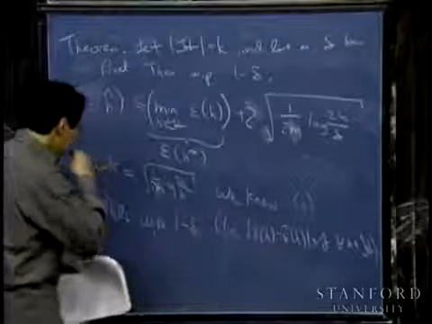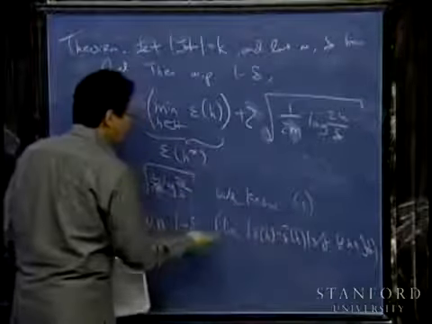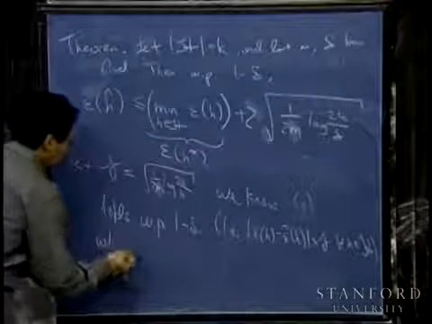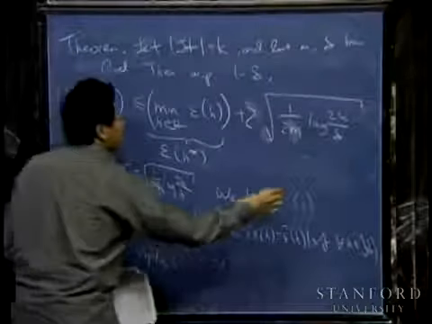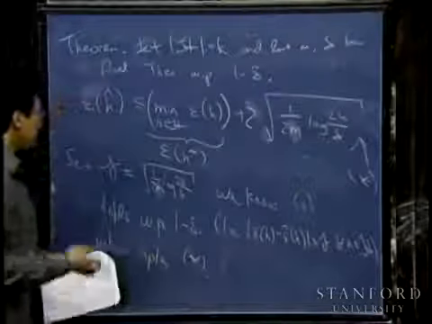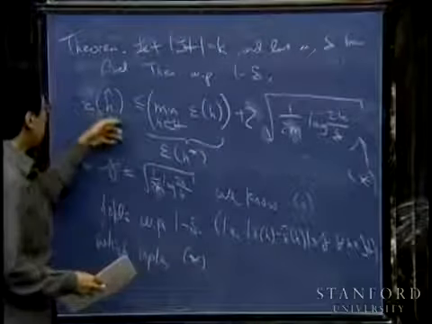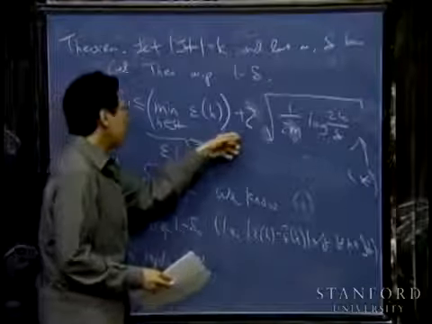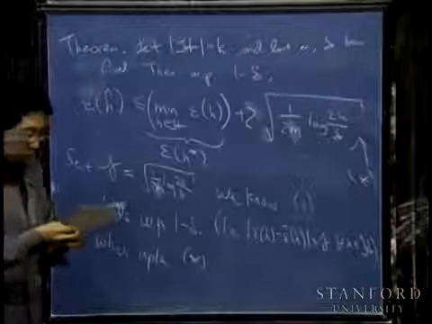This was equation 1 from the previous board, right? So set gamma equal to this. We know that with probability 1 minus delta, this uniform convergence holds. And whenever that holds, that implies, if we call this equation star, and whenever uniform convergence holds, we showed, again on the previous board, that this result holds: the generalization error of h hat is less than or equal to the generalization error of h star plus 2 times gamma. Okay, and so that proves this theorem.